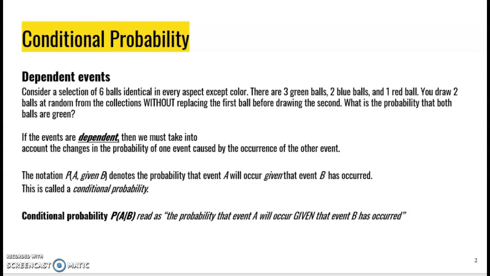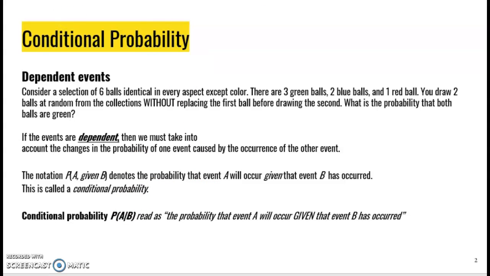Conditional probability is read as the probability that event A will occur given that event B has occurred. The notation for that is P(A|B), the probability of event A given B. That denotes the probability that event A will occur, given that B has already occurred. And again, in our statistics course, just for notation circumstances, remember